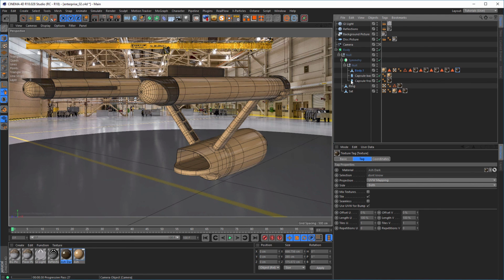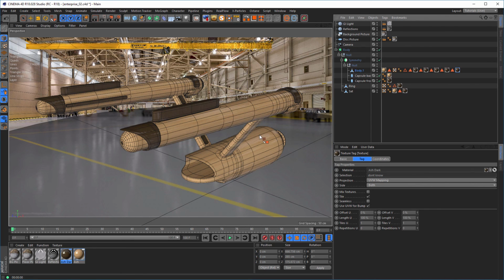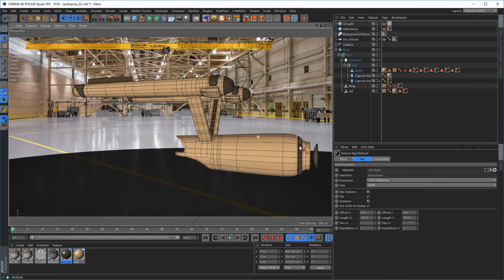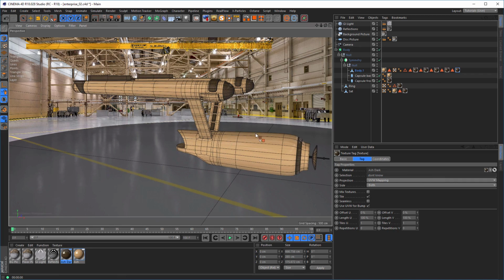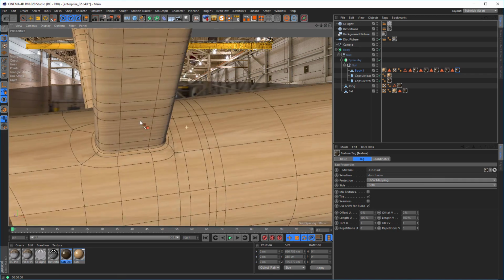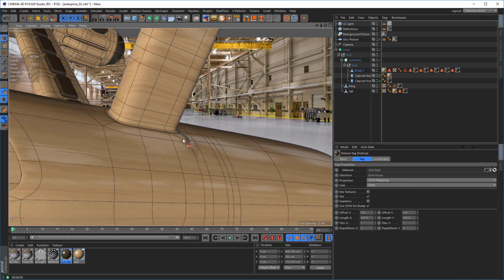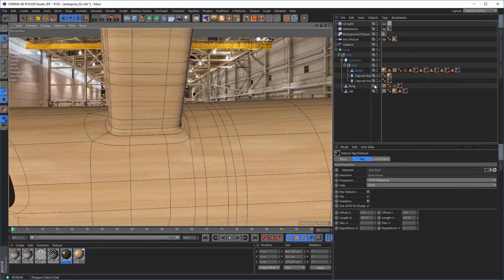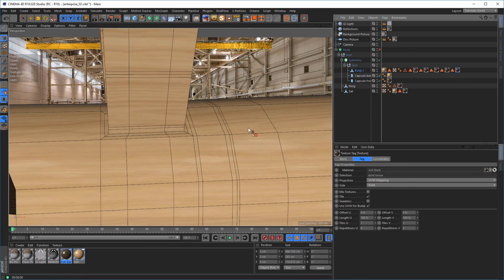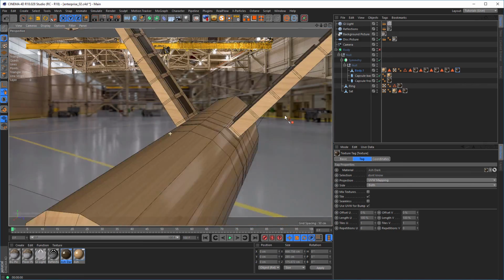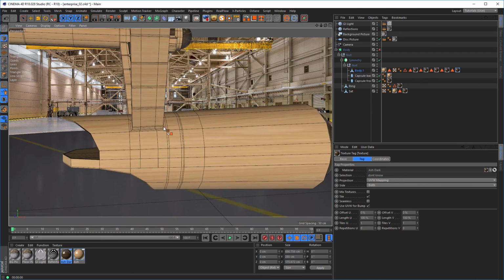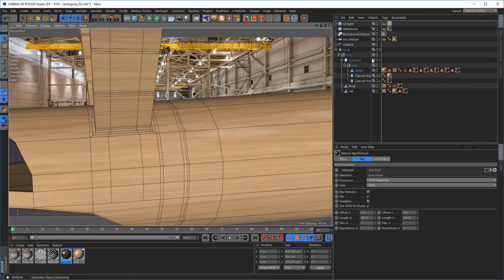Yeah, that's it for this tutorial. I hope you liked it. I see here something, but yeah, here we have something what I don't like. But this we can easily repair